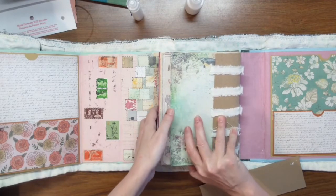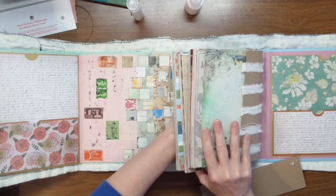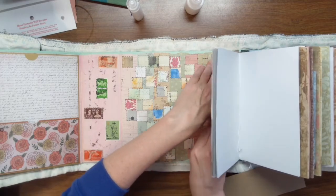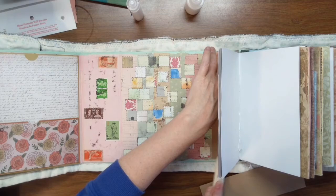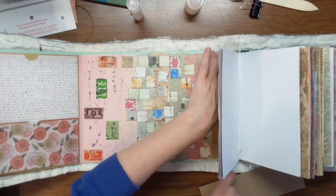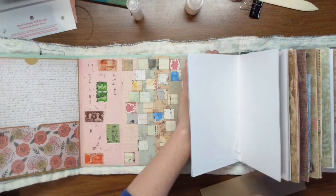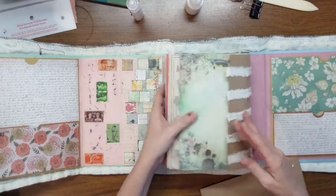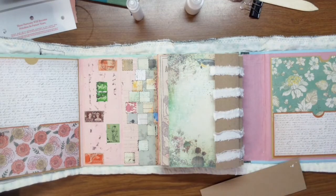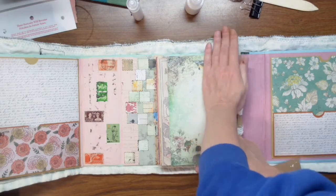Let me get my score tool here and hold that part down for a moment. I'm going to burnish this really well. Where's my other one at? I don't know. There it is. Okay. Okay, now with those falling, let me make sure that this did not move. And it did not, which is great. Okay. I'm standing up now, so if you see my shadow, I apologize. I want to make sure that this is down all the way,